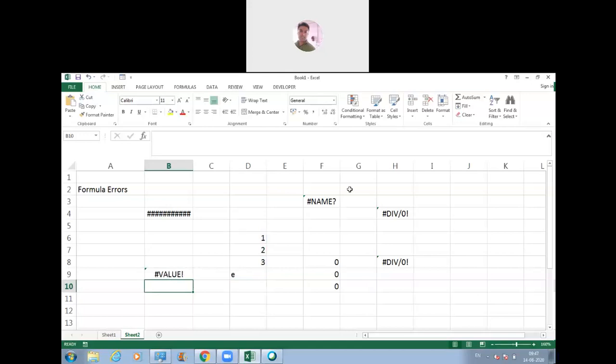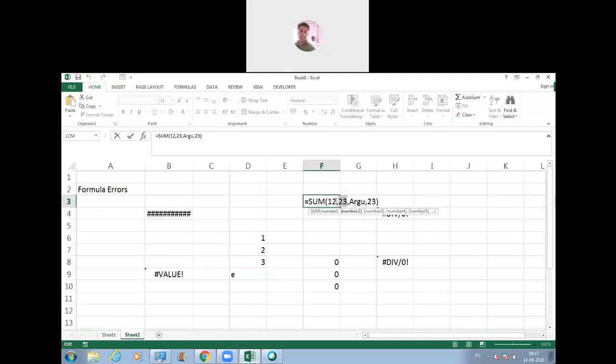Now in this one, what has happened? I have not used any cell references. I have directly written the values here. I have passed the values directly as arguments for this function.